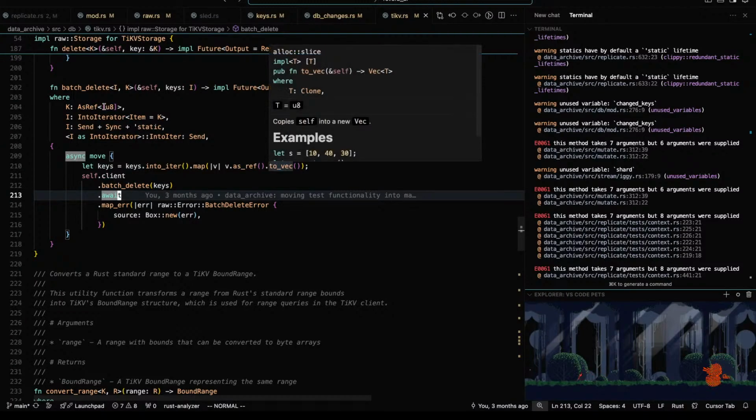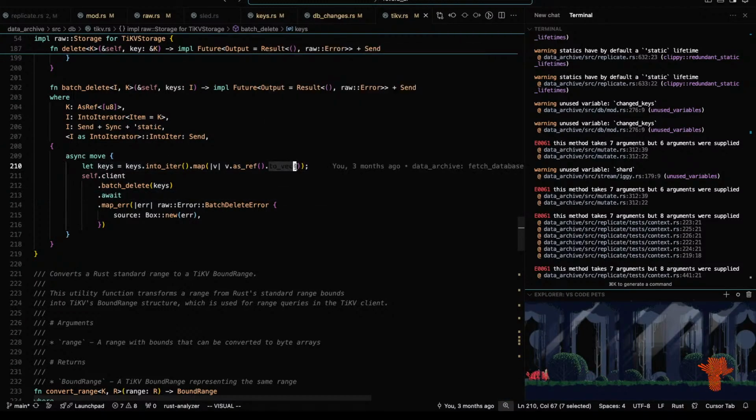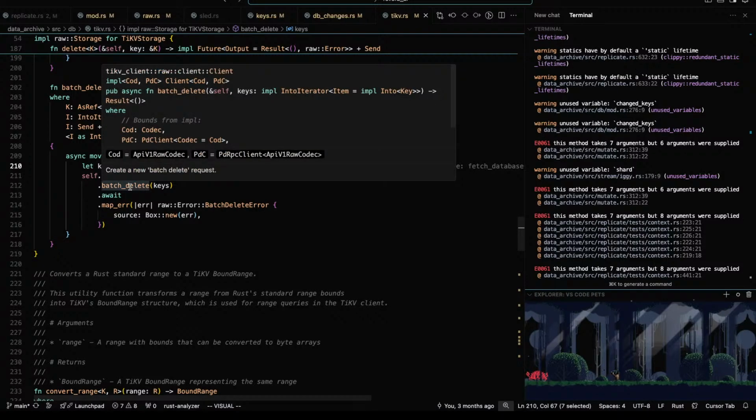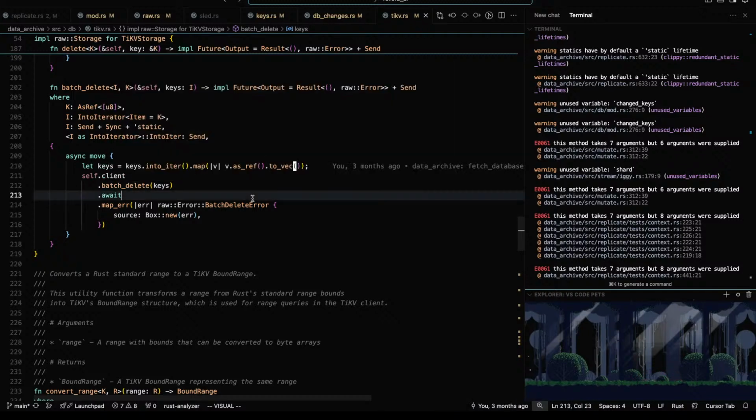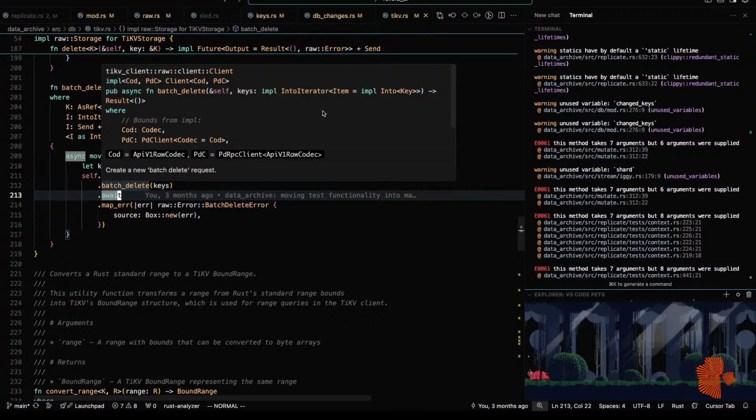I still don't like these extra allocations that have to happen here. See, the issue happens to be this key, right?